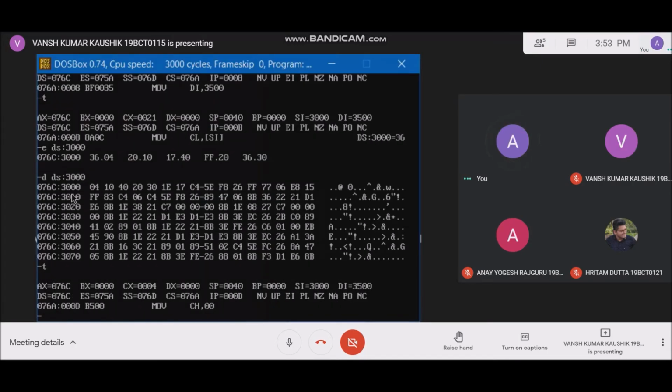Now in this next command move CH comma 00, we move the count value to CL. So we need that as CX is working in combination with the loop instruction, we have to make the higher byte CH equal to 00. Next,